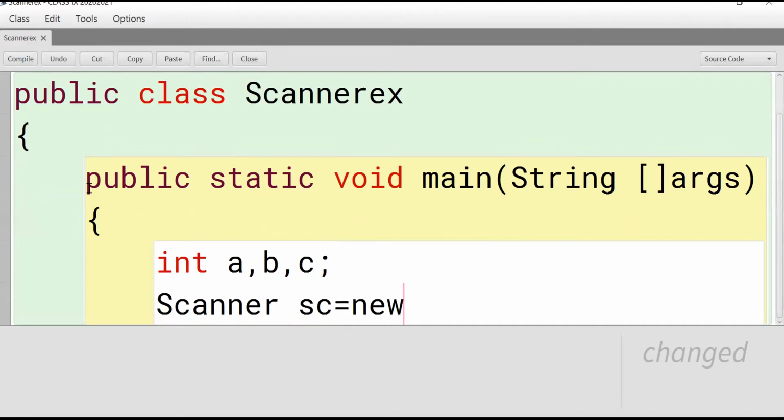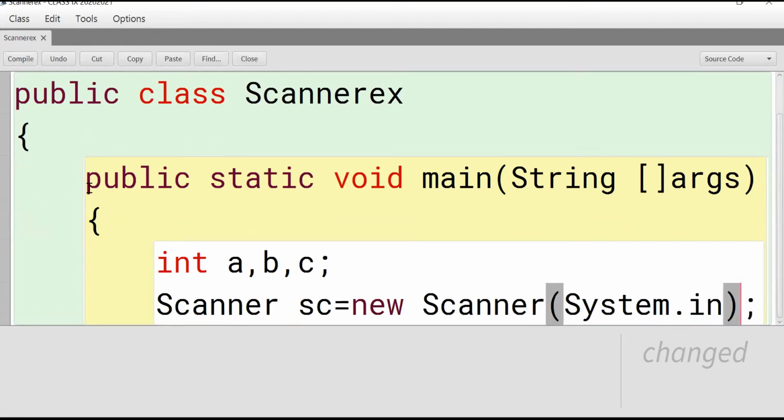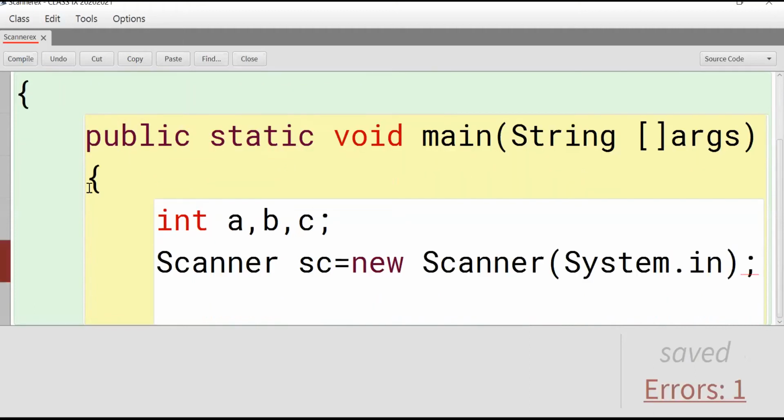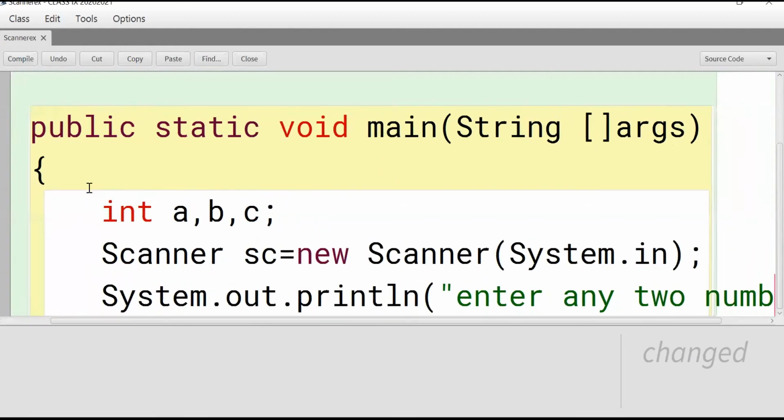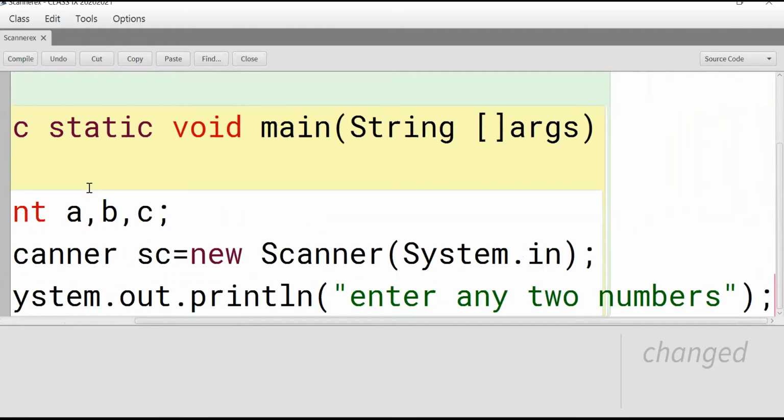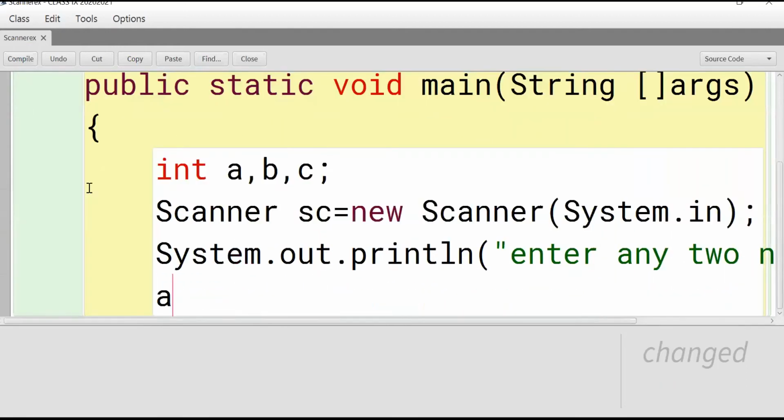So how to create a Scanner class object? With the name sc, one object is created. Enter any two numbers. One advantage is program logic is simple.